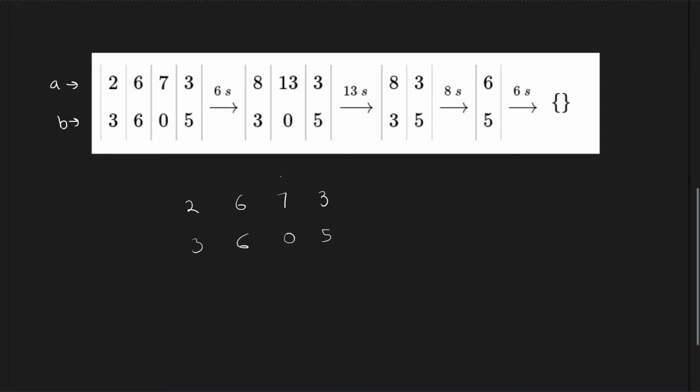So if a monster has a health of A of i, like this particular monster has health of 7, then we will need 7 seconds to kill this particular monster, right? And whenever we kill a monster, it increases the health of its neighbors by B of i. For example, if I kill this particular monster, it will increase the health of its left neighbor and its right